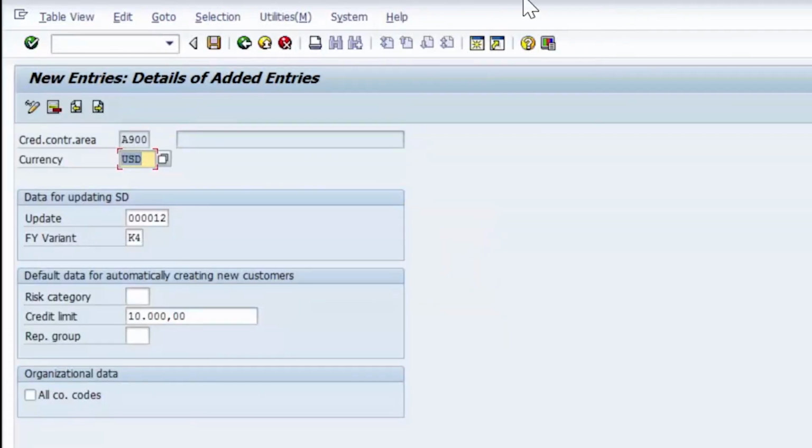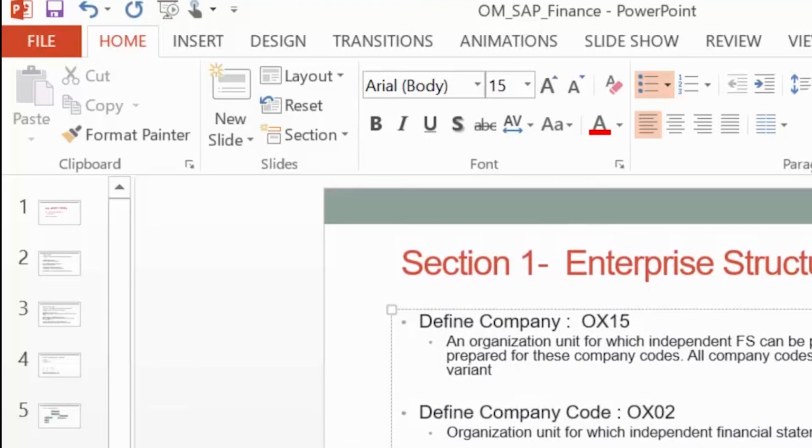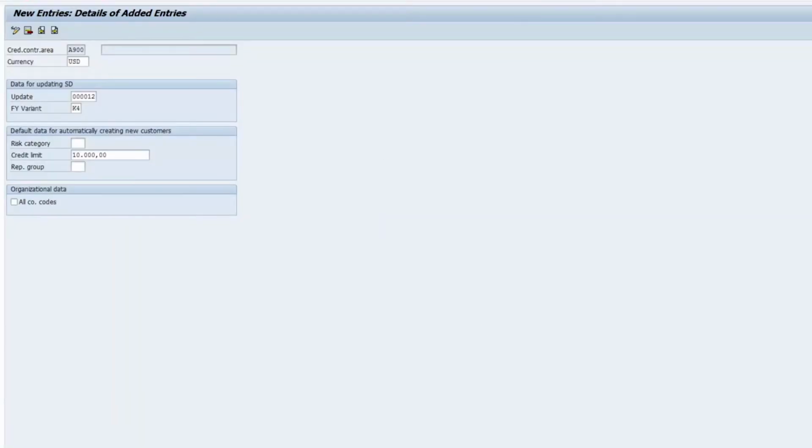The next step is to assign all these organizational units to the company code. Let's start with the company. Going back. So assign company code to company. Transaction for the same is OX16. So we go to transaction code OX16.